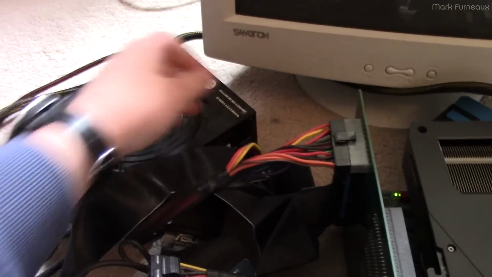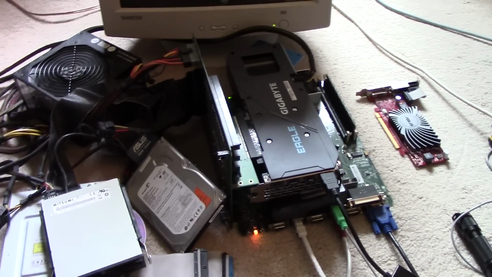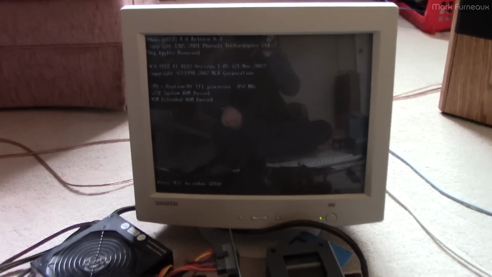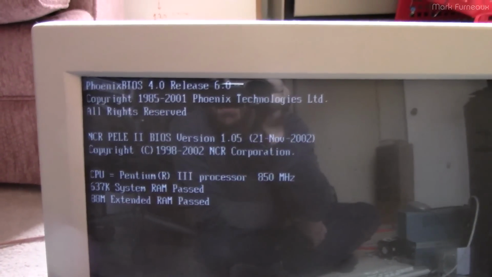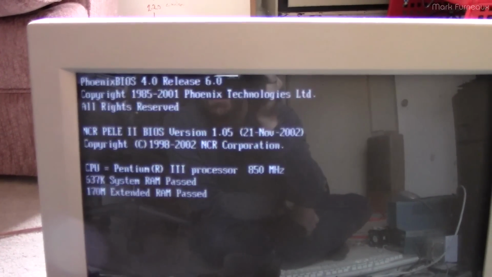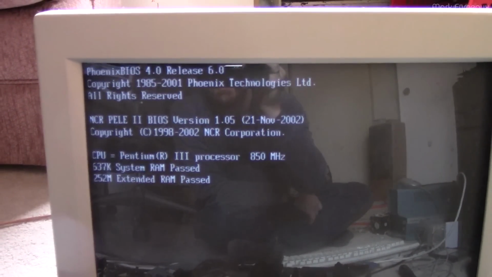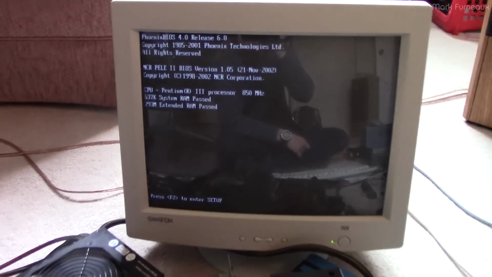So I'll just turn the power supply on, and we can watch it boot up. And as you can see, we have video here, and there it is. It is a Pentium 3, 850 megahertz. The system is fully loaded with 512 megabytes of RAM, and of course it is going to do a full memory test on that. So that takes a hot second,